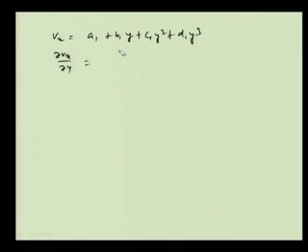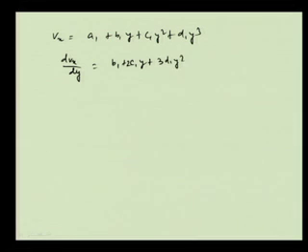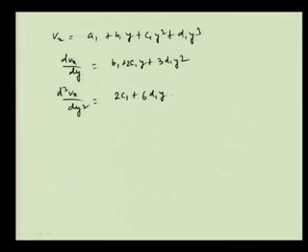As we say V x is only a function of y, what we will write now? We will write it in the perfect differential form. So, we will write d V x by d y is equal to b 1 plus 2 c 1 y plus 3 d 1 y square. Similarly, d 2 V x by d y square we will write as 2 c 1 plus 6 d 1 y, like this. And then we will put the conditions,